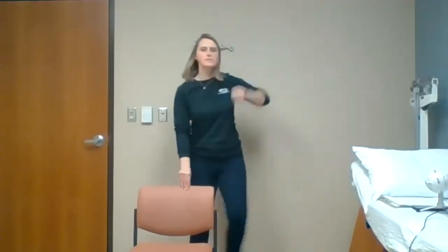9, and 10. But you can guess we're going to alternate now 10 times, alternating one way and then the other. So this one, stand behind your chair because you may want to alternate the hand that you reach out with. And if you don't want to hold on, you can bring both arms out as you step out. Let's get started. 1,